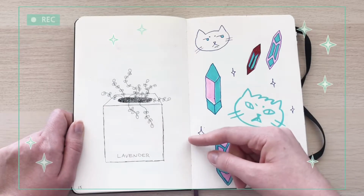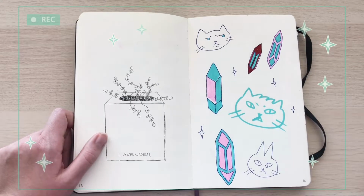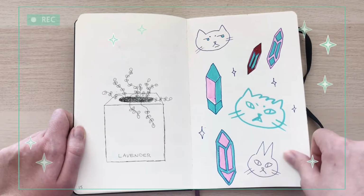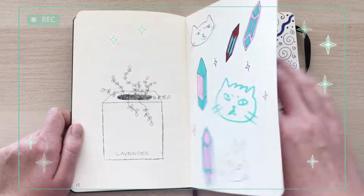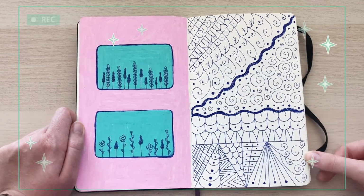Here I have a drawing of a little lavender plant thing. I was trying to grow some lavender a while back and it didn't work. I'm not a plant mom, so I can't do that. And then the other page is just some, you know, more cat and crystal doodles. These 2 pages